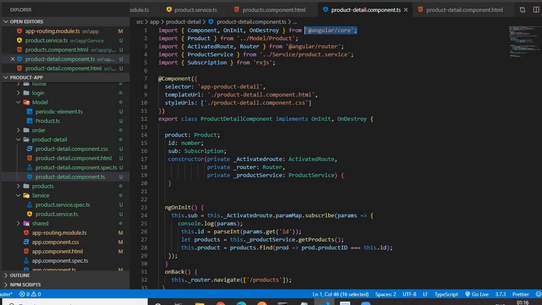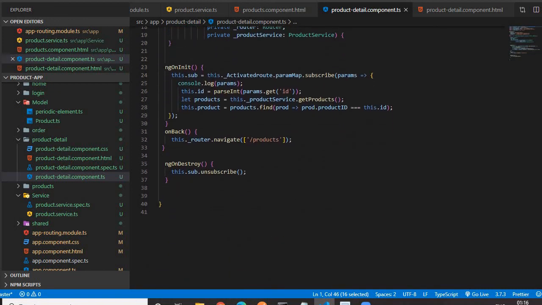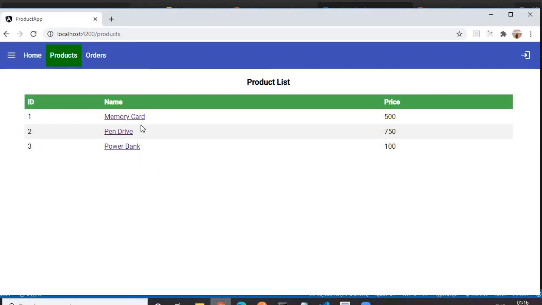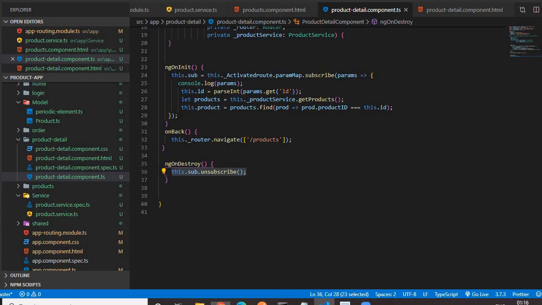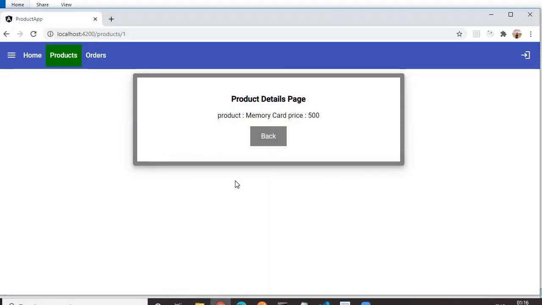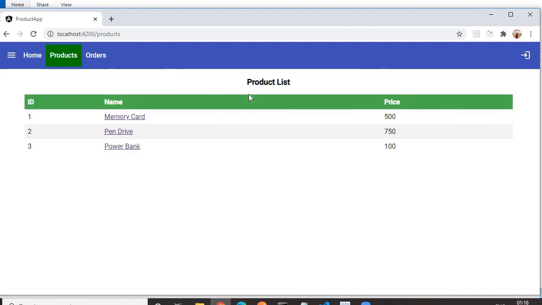Let me explain what we mean by when the component is destroyed, or when this code is executed. Let's suppose I am in the product detail component. This ngOnDestroy is written in the product detail component. On click of the back button, I will be navigated to the product list component.